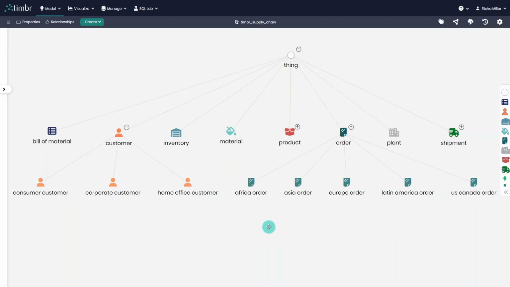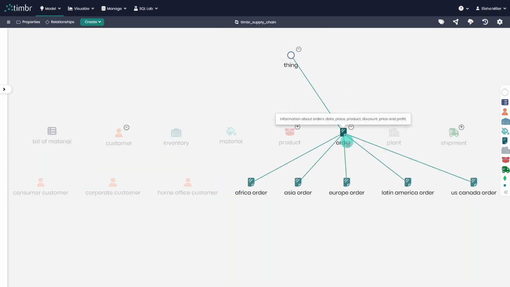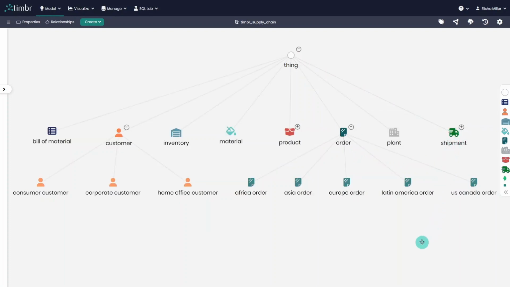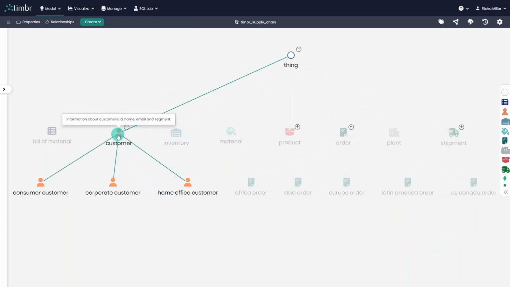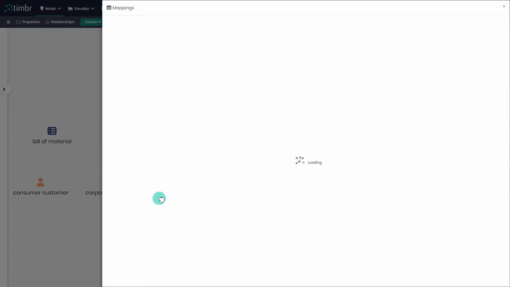We'll begin the tutorial by reviewing the supply chain ontology, or semantic data model. As you can see, we have business entities that represent the data. There's a concept of a customer, inventory, order, and shipment, basically all the data required to monitor and analyze supply operations. These concepts are mapped to tables that are stored in an underlying database which was previously connected to this